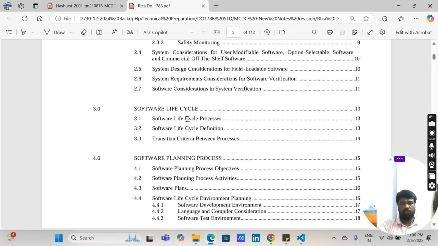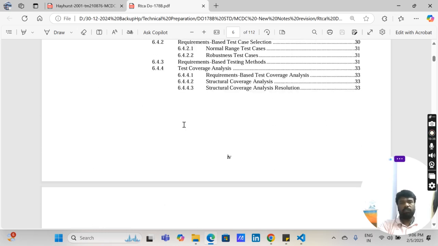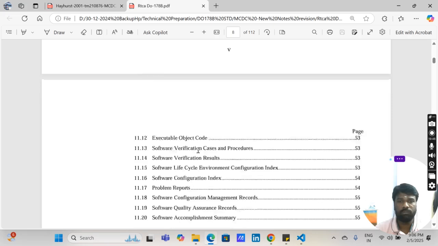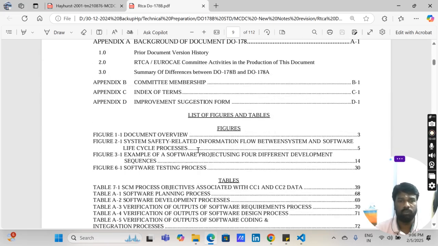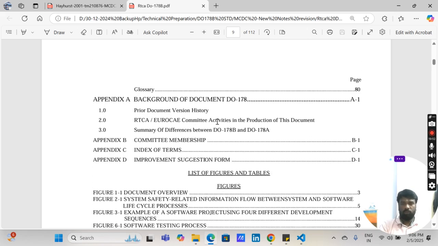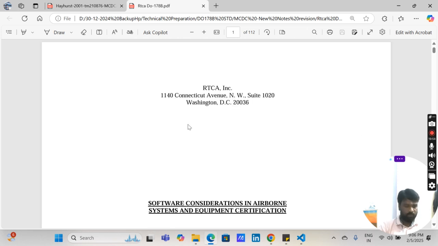Okay, so we check on these different phases like the planning process, development process, and the integral process. In that integral process, how we get verified in CM, all QA/QC certification, we'll see one by one. Okay, we'll go through verification. I've been into a verification process, and we'll go through it deeply. As of now, we'll take only one